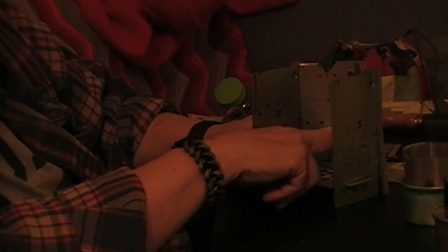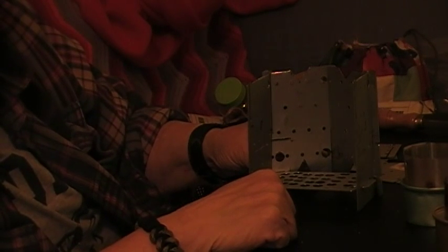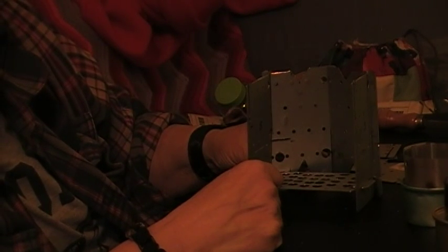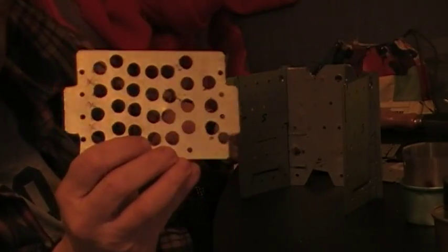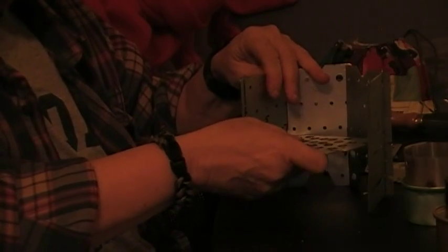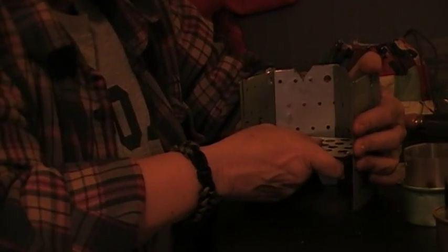Now what other people did, like I said, was they ran wires through here or this way in order to have something to put another stove on. I looked at it and looked at it and said, there has got to be a better way. And I still don't like carrying those wires. So what I did was, I'm going to take out my bottom plate. You see it's well drilled so air can get through it. And I don't know if this is going to work yet either, but we're going to try it out very soon. And I made more slots in here so that I could put it